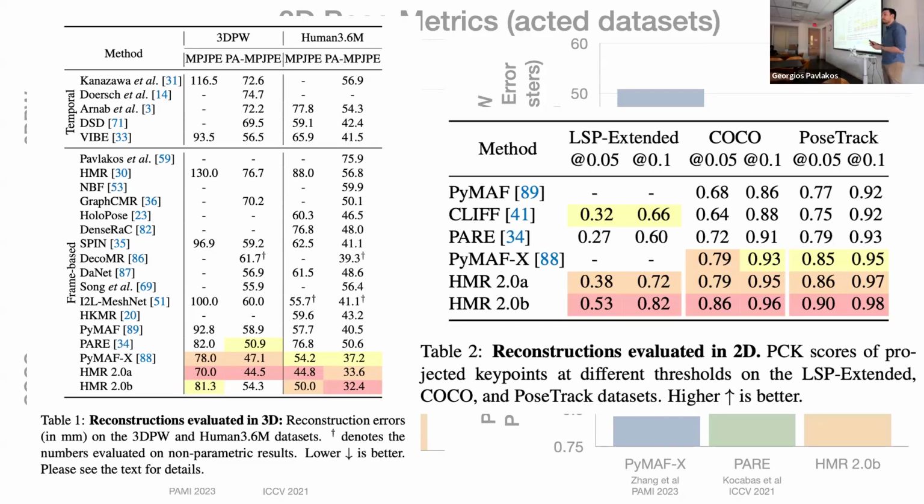Have you ever considered using a 3D foundation model like Duster to reformulate it to predict the human parameters? Since it takes more than one image, you can reformulate the video as incremental reconstruction. That would be a good idea. I think that Duster still needs a static scene, so if it's dynamic, it needs to be adapted. But we can have a different head to predict the human parameters. Right, I see what you mean. Yes, I think that's possible.